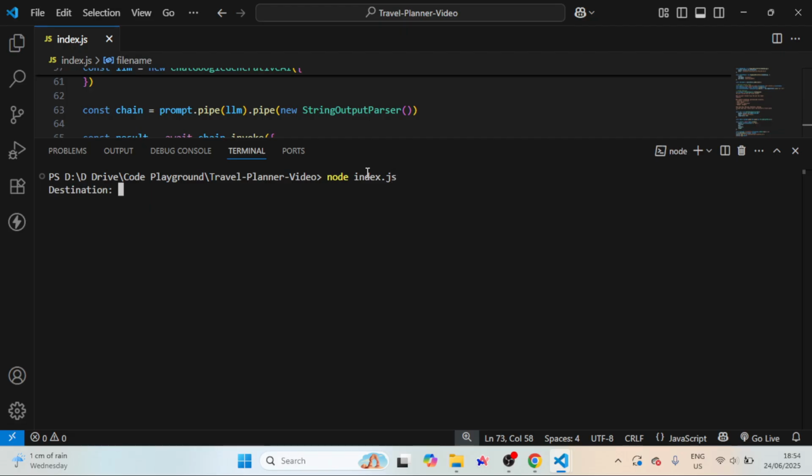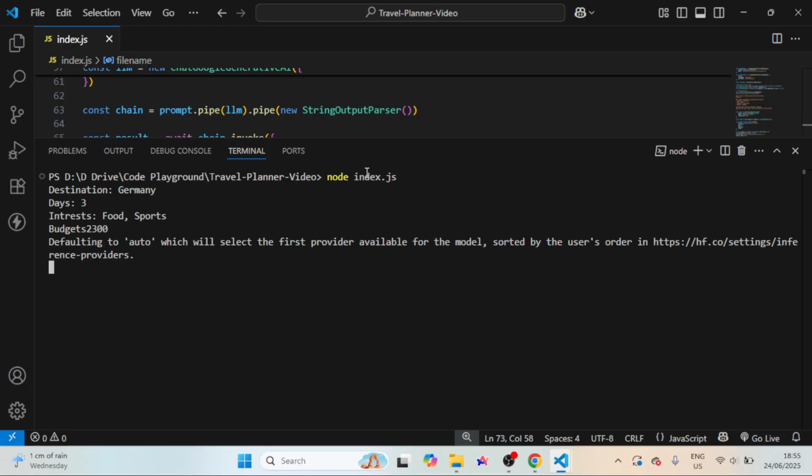The first input is destination. So let us provide the destination. Let us provide Germany this time. The days is, I want 3 days. Interest, my interest is food, sports. And then let me specify the budget. So 2300. So now what should happen is that my Gemini should give me a nice response, giving me a full